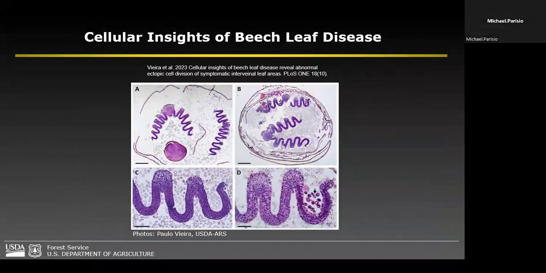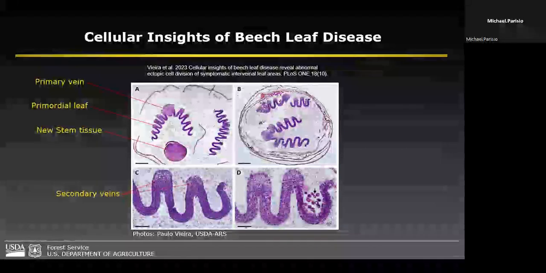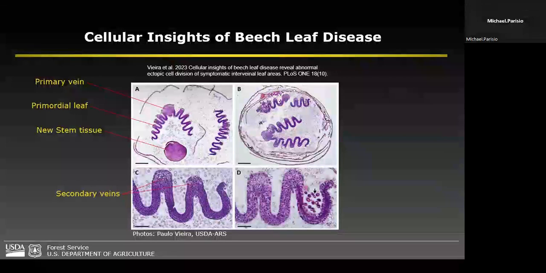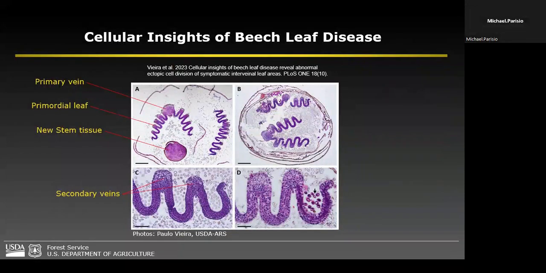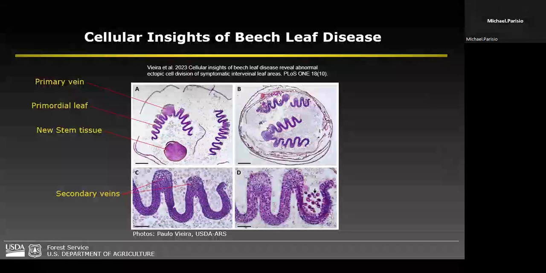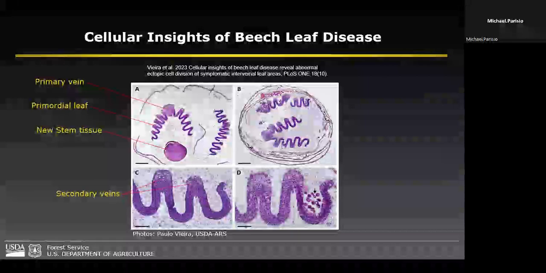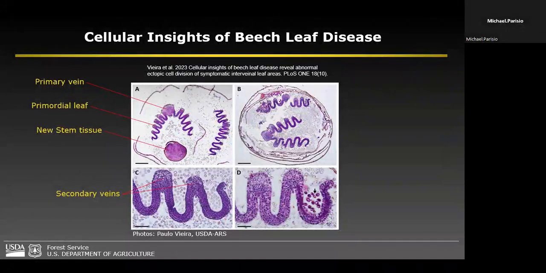This is my favorite photo from Paulo's paper. This is actually the cross-section of a bud, which I think is really cool. I had never looked at this before, so I put some labels on here just to orient us to what we're looking at. That folded up accordion structure that you see in there, that's a single young developing leaf, and then that circle in the middle would be the primary vein, the midrib. But what I want to draw your attention to here is the secondary veins. If you look at the peaks of those folded points, those are the secondary veins. Those are the ones that come off of the midrib, and those are where we typically find the symptoms